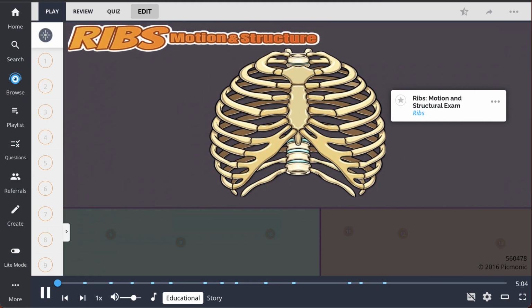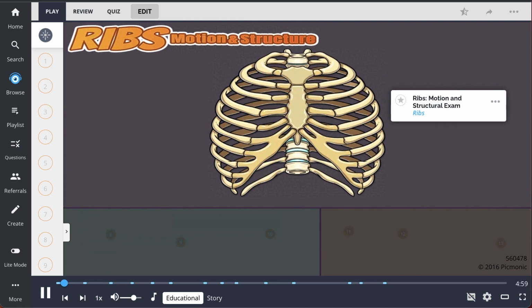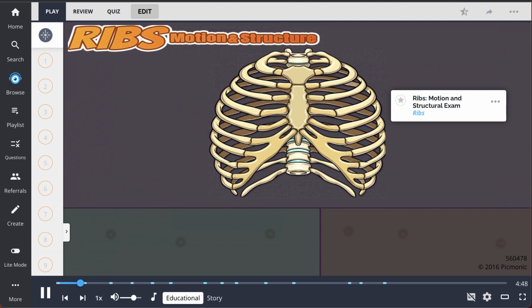The ribs are a set of bones in the thorax that fit together to protect the contents of the cavity they create, the thoracic cavity. Let's visualize them literally in this Picmonic. The ribs move to increase and decrease the size of the thoracic cavity as a way to assist in lung